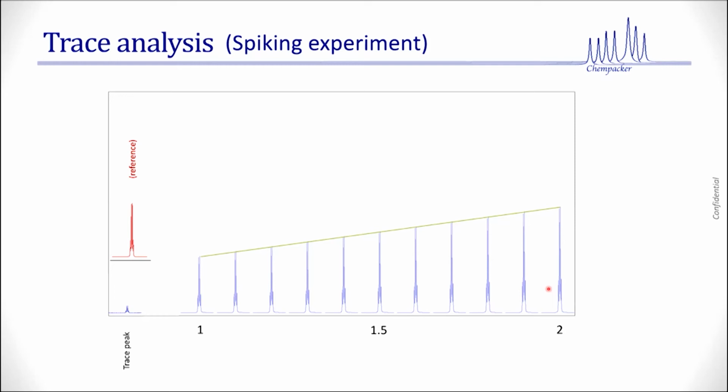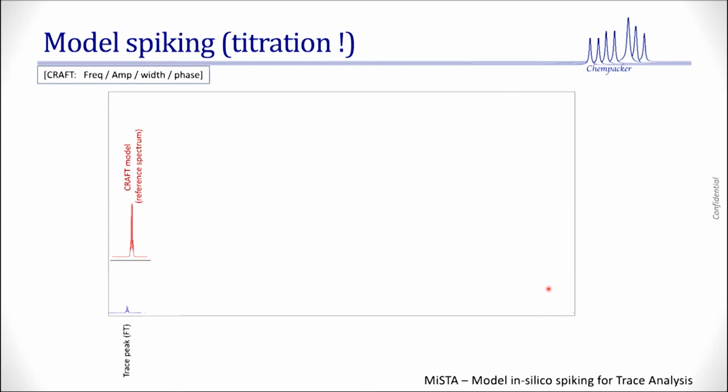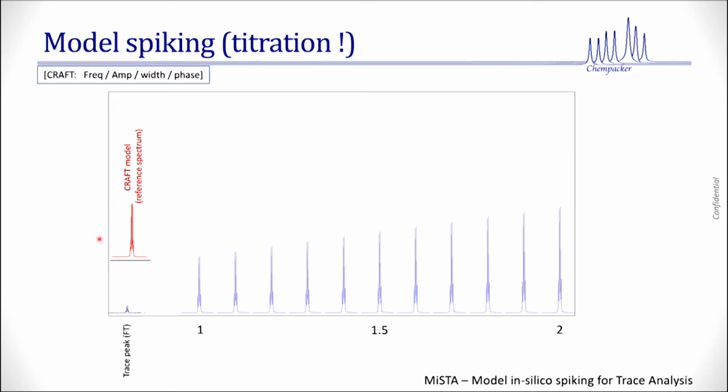But in my case, let's say I don't have the compound, I just have a reference table. That quartet might have come not from a pure compound, but a messy mixture, but I just know I have a graph table of that quartet. Then I could just add the table to my FID and then do a graph again. And so this is actually graph models, not a spiking experiment, meaning I'm not spiking the sample because this is not a reference sample, it is just a reference spectrum with that sample being there.